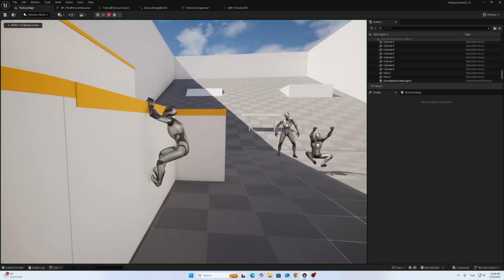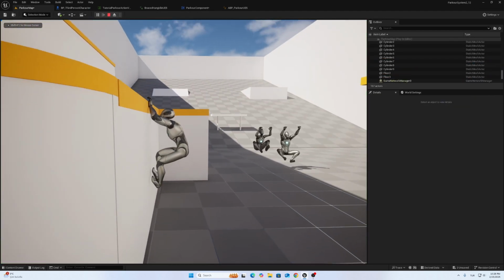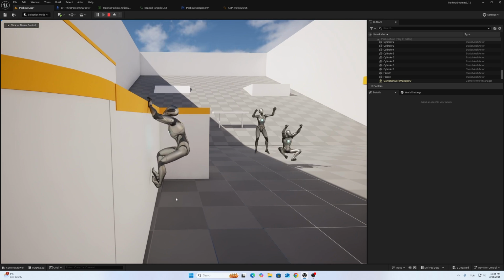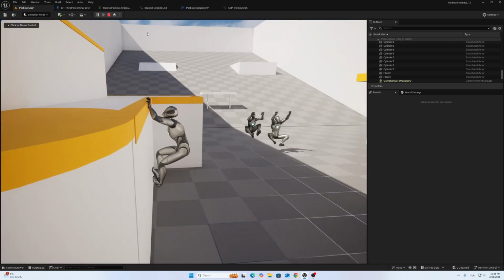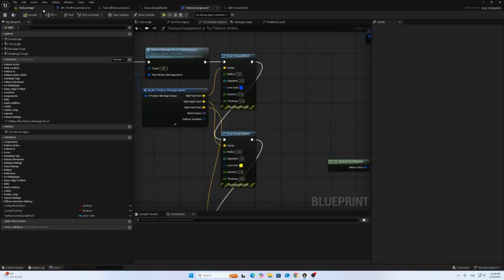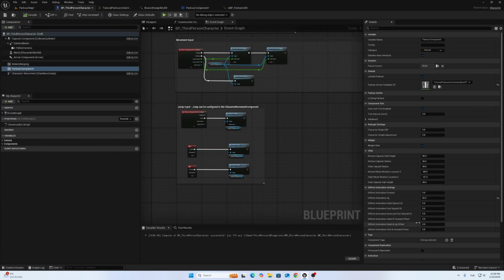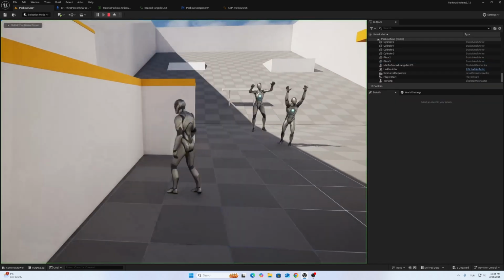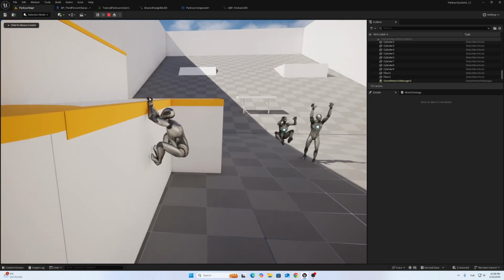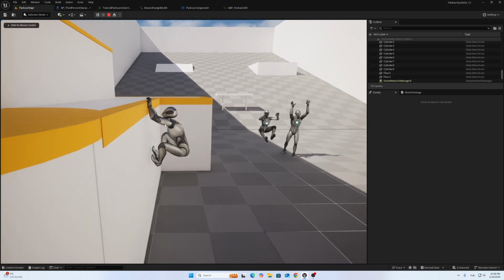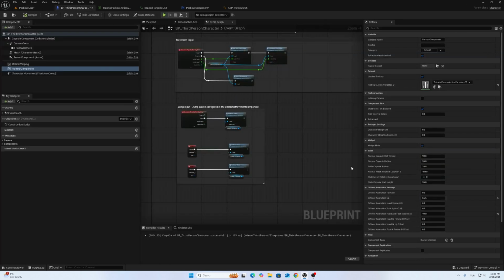Also you can see that the character foot IK is not looking great. We can change that value. Which one? This one, hand and foot space IK. Okay, if you raise this value, you can see that the character foot is closer to the hand points,